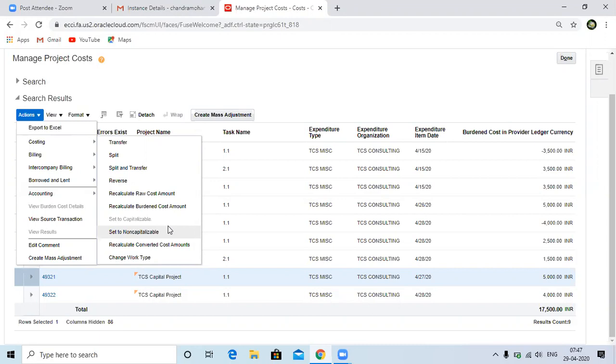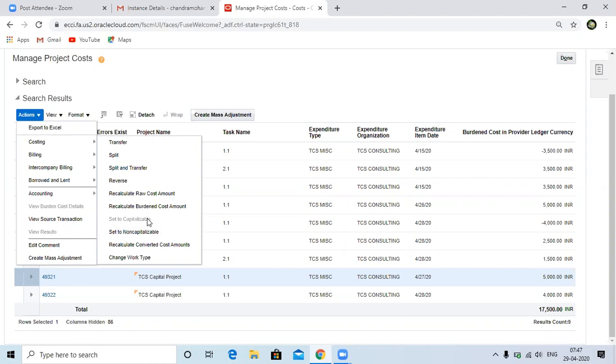Say the user, if this is a capital expenditure, but the user by mistake has selected the operational expenditure related task. Then when it comes to projects, it will come as a non-capital expenditure. So the capitalizable checkbox will be disabled and the system will treat it as an operational expenditure. Later we identify that it is a capital expenditure, but the user has mistakenly added it as a non-capital, operational expenditure. We need to update that to a capital expenditure. Only once it's updated, I need to capitalize that.